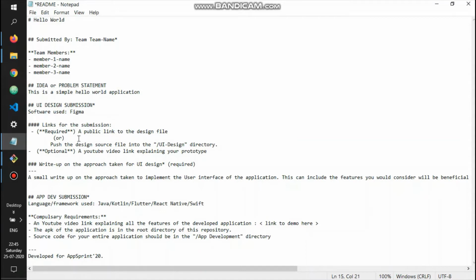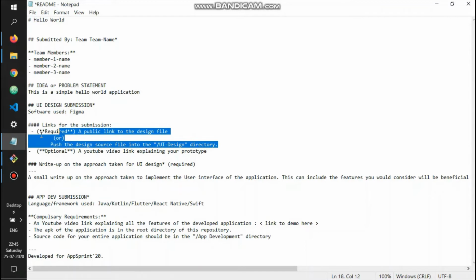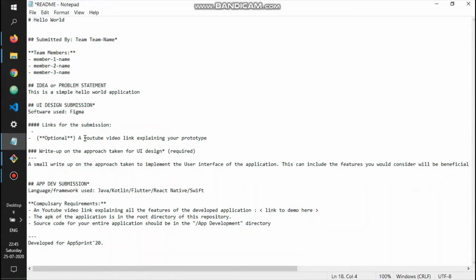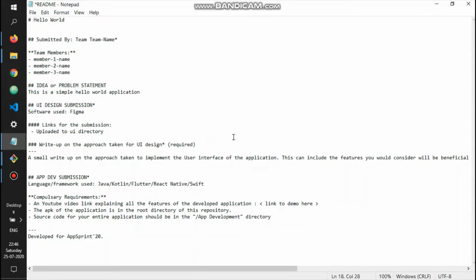For the UI design, you either upload the design source file into your UI directory, or you give a public link to your design file, whether it's Adobe or Figma or Framer. Because I've uploaded it to the UI directory, I'm just going to say uploaded to UI directory. There's an optional YouTube video link you can put here in case you want to better explain your prototype.